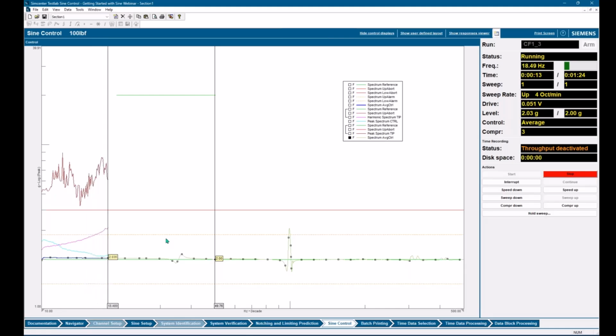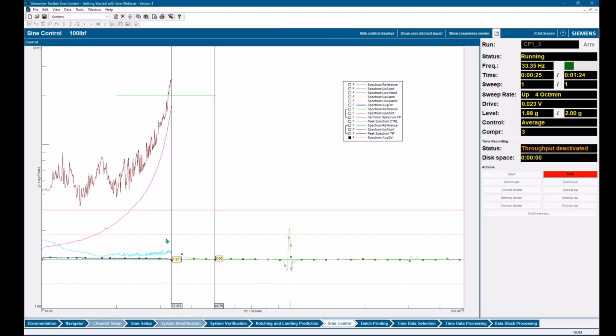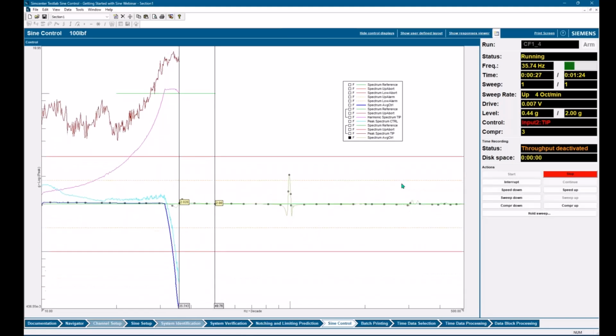Here we go. Uh-oh. We have a little bit of overshoot there, don't we?